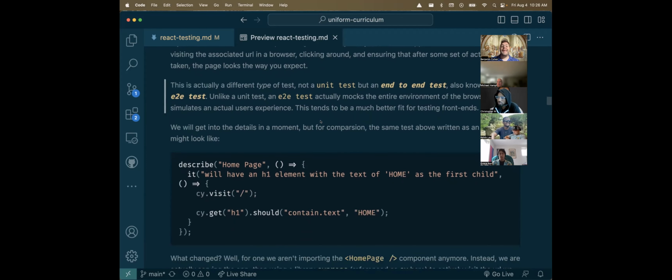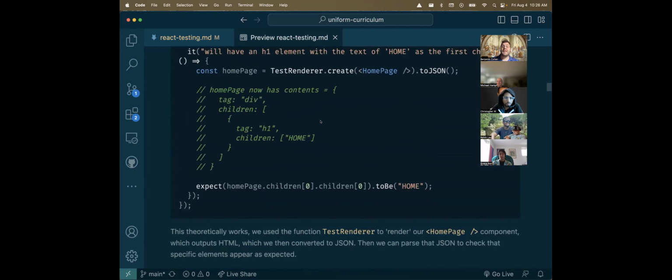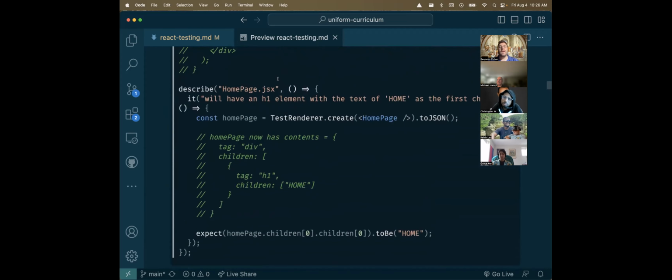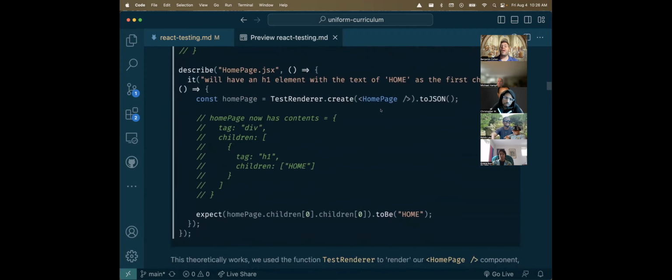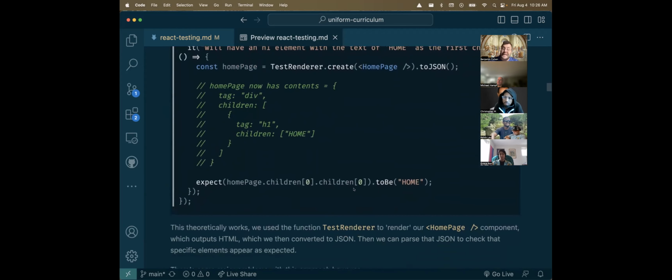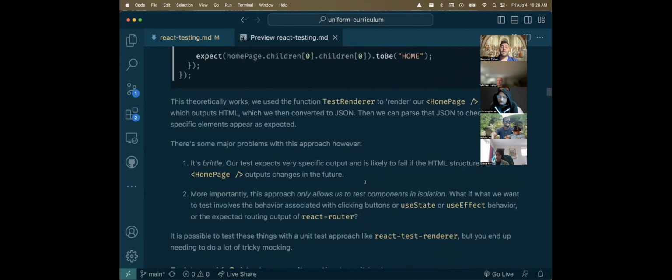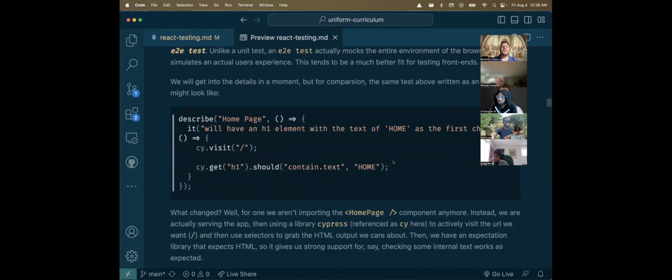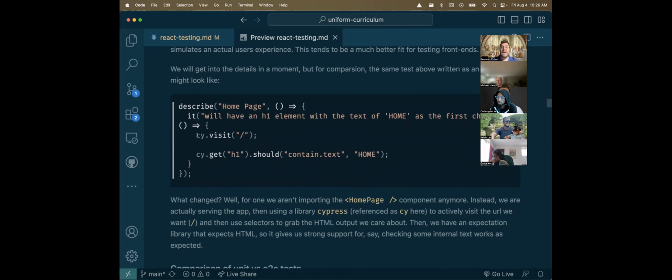But let's see how we might write an end-to-end test. So the same test I wrote up here, where I did it in a contrived way where I rendered the component and then I looked at what sort of HTML it produced, and then I dug into that HTML. As an end-to-end test, I might do it like this. So cy here represents